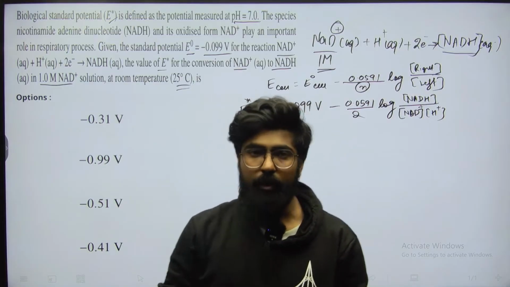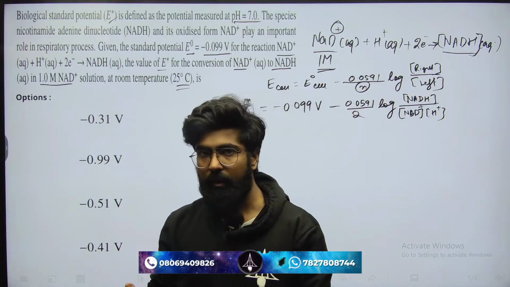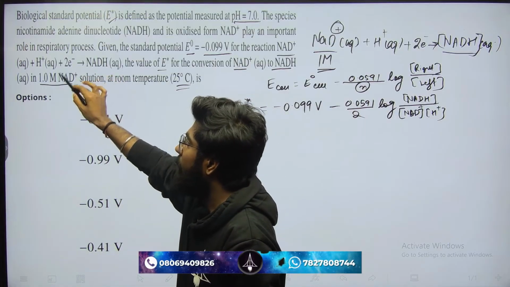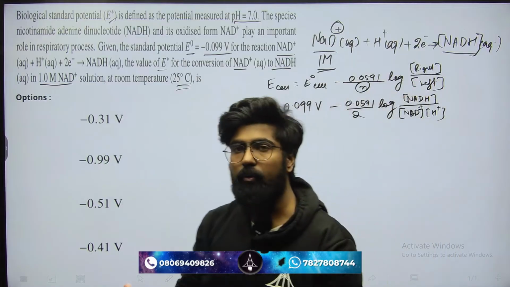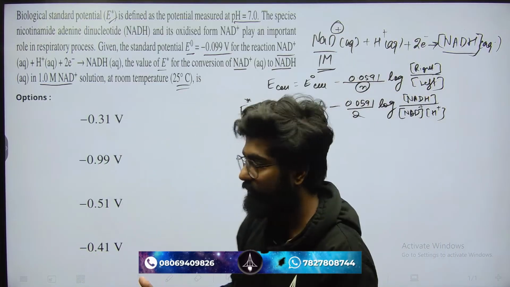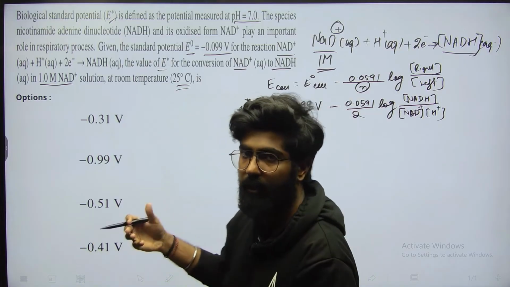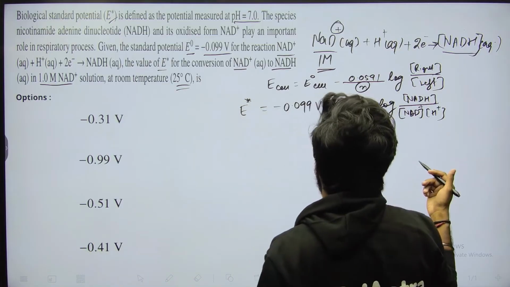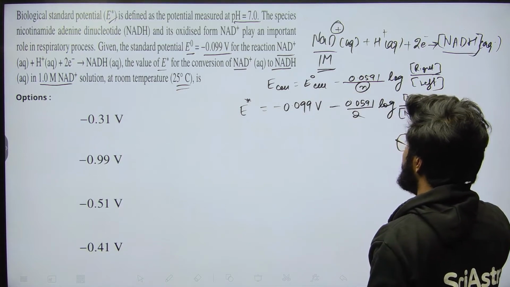Now we know that since the concentration of NAD plus is 1 molar, obviously the concentration of NADH is also going to be 1 molar, because this entire species conversion has been shown. Obviously all the amount of NAD plus is going to be converted into NADH. That's how your complete respiration process will be finished. Those who have a substantial knowledge of biology can also relate and understand this in a better picture, right? But this is so obvious. So the concentration of both NADH and NAD plus will be 1, unity.